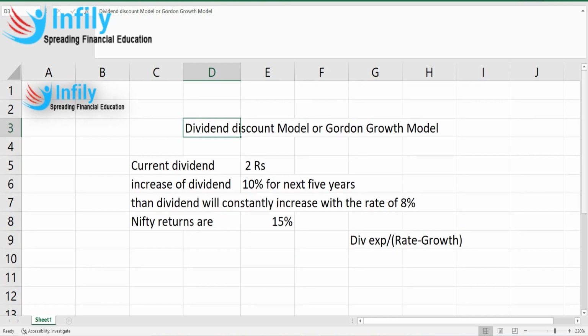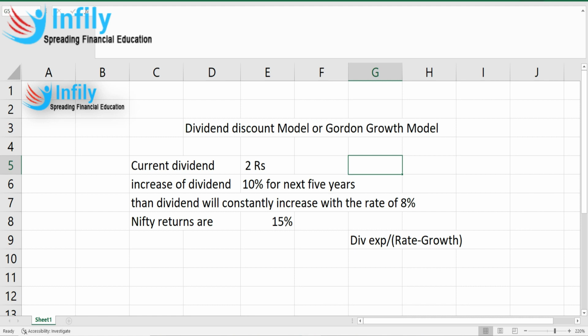Today we are going to discuss an equity valuation model which is called the dividend discount model. You might have some questions from this chapter in the investment planning module and also in the final module. The dividend discount model basically tells you what the fair value of a stock should be if all future earnings of that particular security are discounted at market returns. So let's understand it in detail.